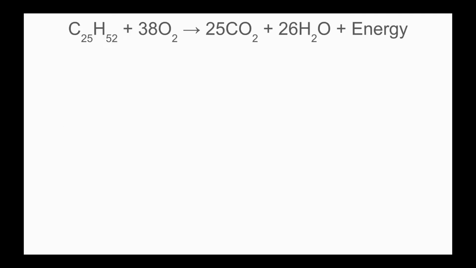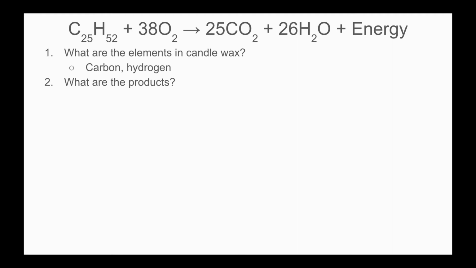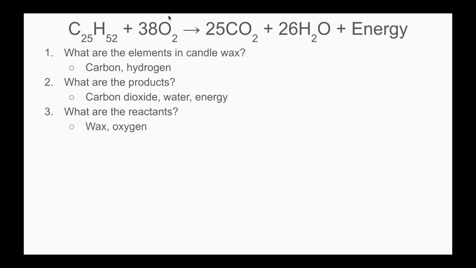So let's answer some questions about this. Number 1, what are the elements in candle wax? Remember, elements are just those letters. So in candle wax, we have both carbon and hydrogen. Number 2, what are the products? Well, I have carbon dioxide, water, and energy. The products are on the right-hand side of that equation. What are the reactants? Reactants are on the left-hand side, so I have wax and oxygen